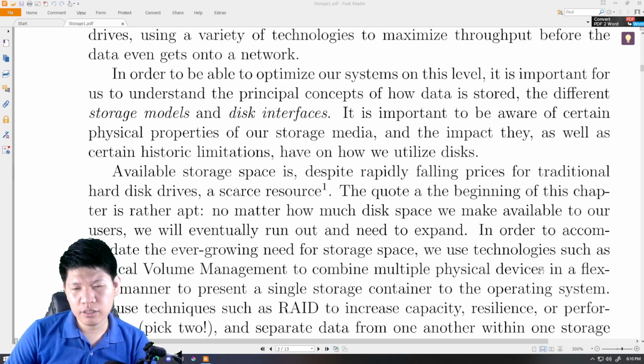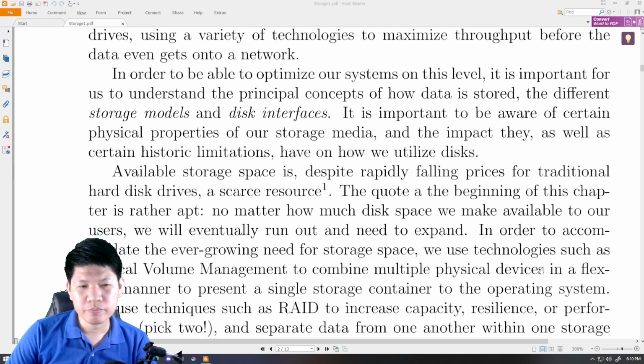And there was also a boom in the crypto storage platforms, where the old stocks of hard drives and solid state drives were being scalped by what we call miners, or data miners. So it became scarce. No matter how much disk space we make available to our users, we will eventually run out